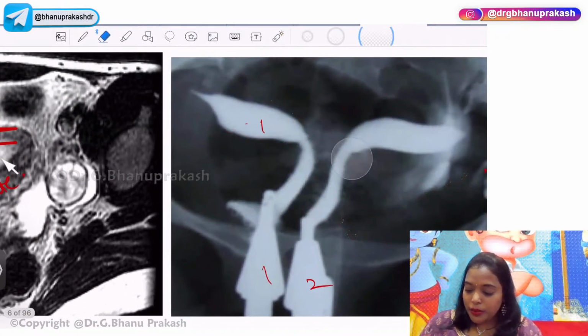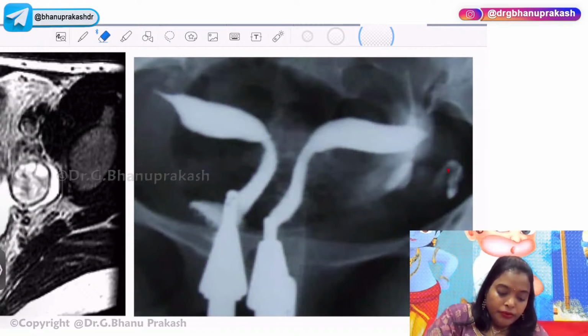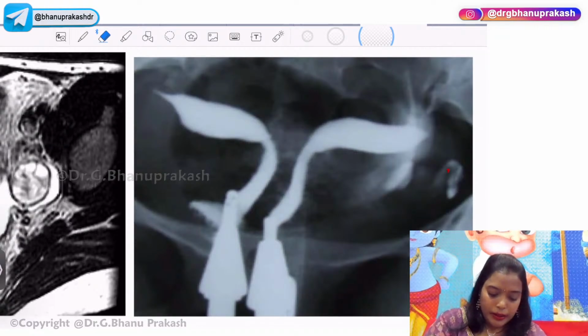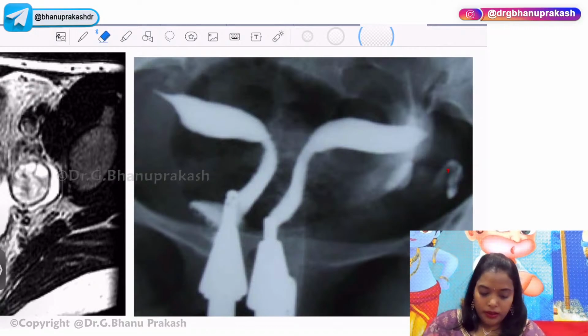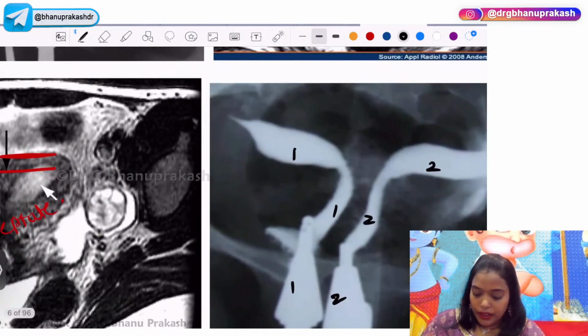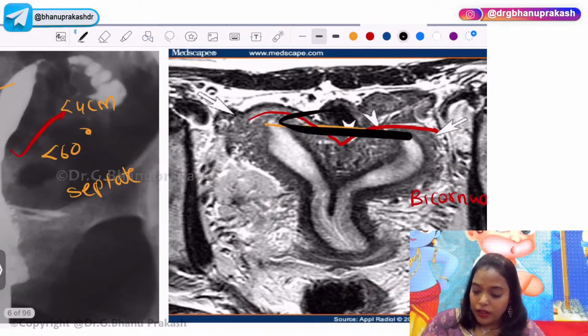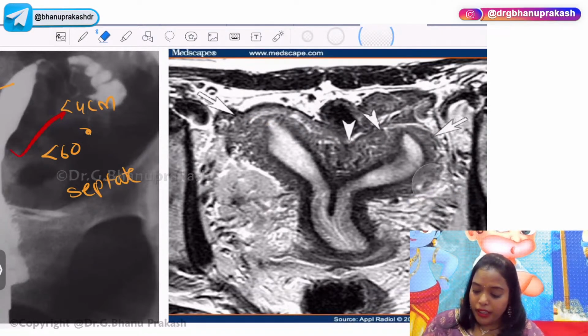What do you think is this one, guys? See this one? 1, 2, 1, 2, 1, 2. Yes, this is didelphys. Absolutely correct. See, MRI can differentiate the bicornuate and septate well. So how do we differentiate on MRI bicornuate and septate is,